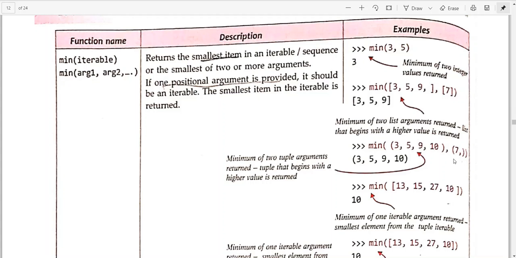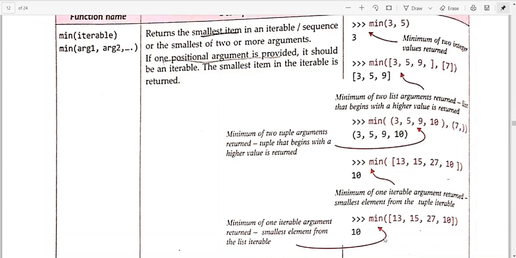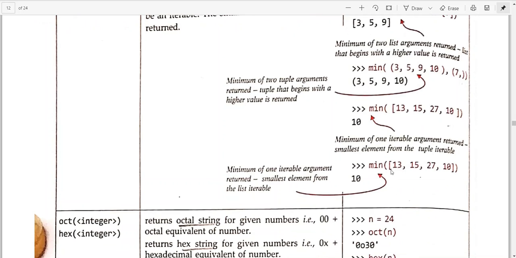Okay, similar is the case here. These two arguments are given and you are supposed to extract the minimum one. So 7 is greater than 3, so 3 is the minimum, so this will be the output. Again, the lowest among all these is 10, so 10 is the output. Similarly, if you want to take it from this particular list, 10 will be returned.